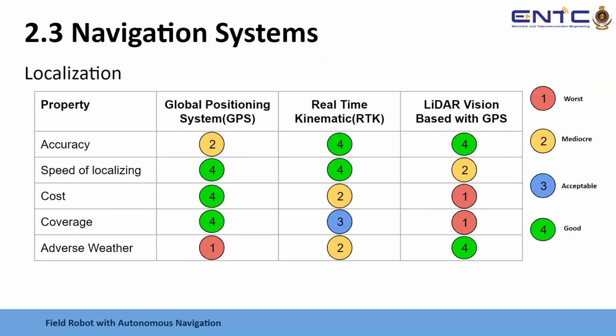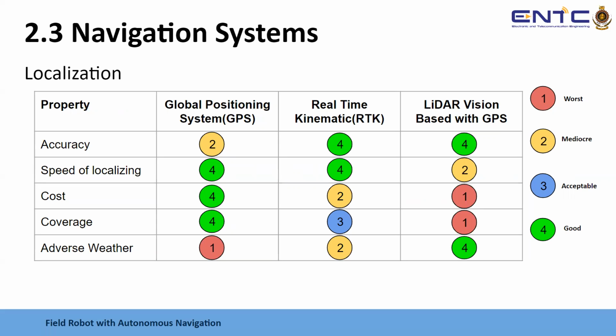In localization, we found three different methods for localizing: GPS, RTK, and LiDAR vision-based GPS. Here, with GPS, we get accuracy up to a meter level, and with RTK, we can get up to a centimeter level. Here, depending on the availability of the previous RTK and the cost and coverage, we selected RTK for localization